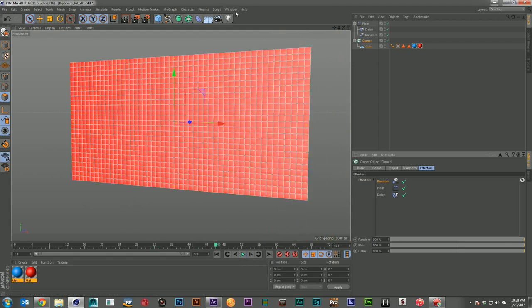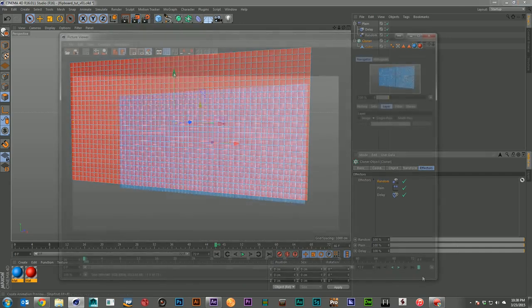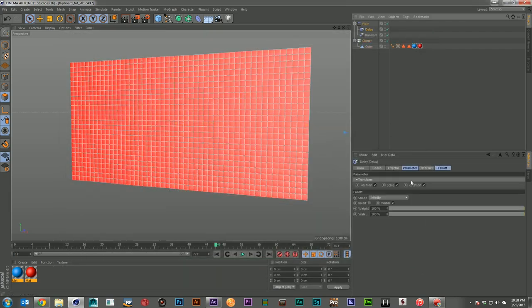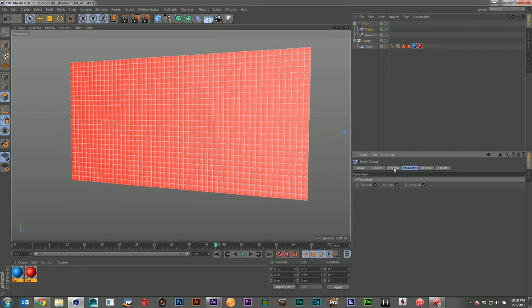And you can see a little bit here, if we do another preview, you're gonna see they're still moving a little bit. And to get them to go a little more, let's turn off scale and position here, and we'll come to the effect and we'll bring it up to 80%.